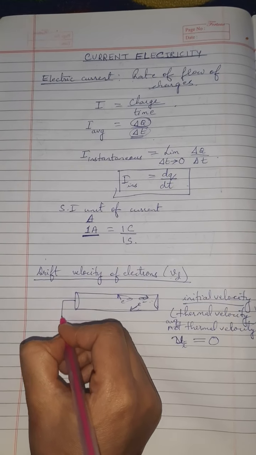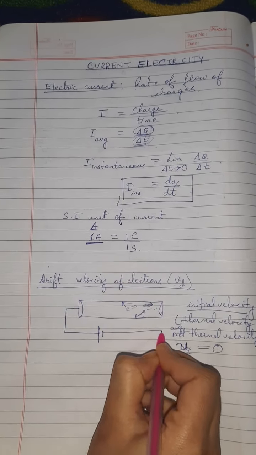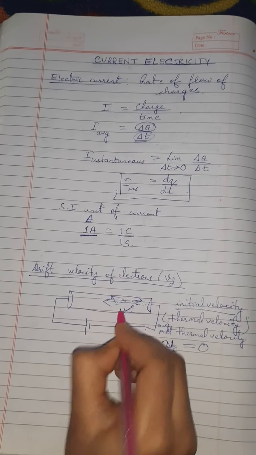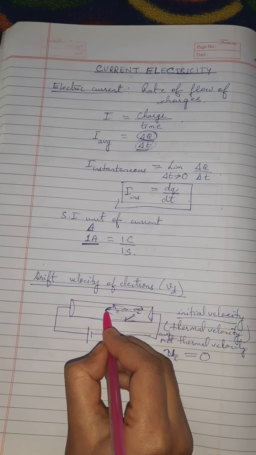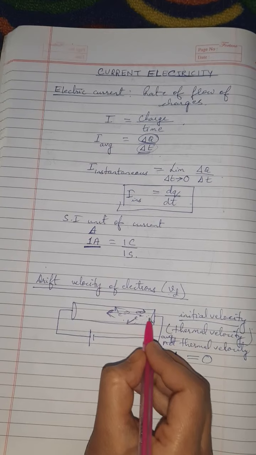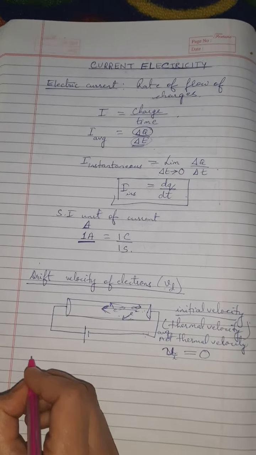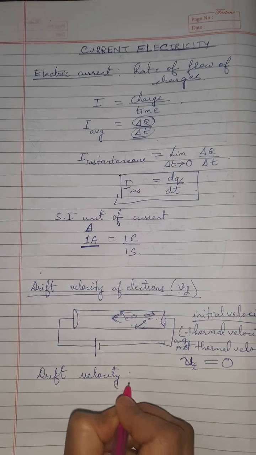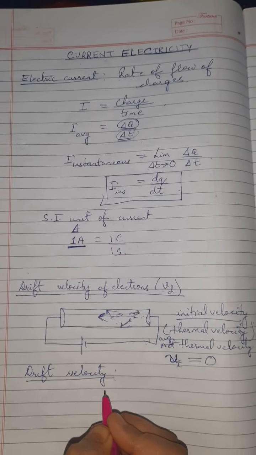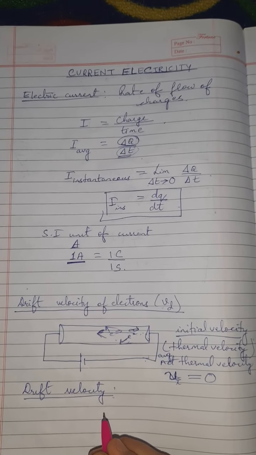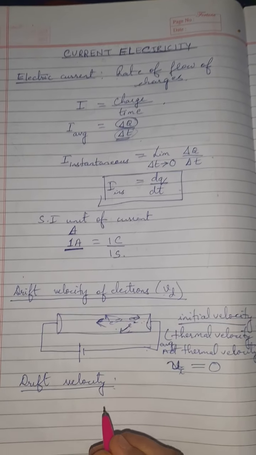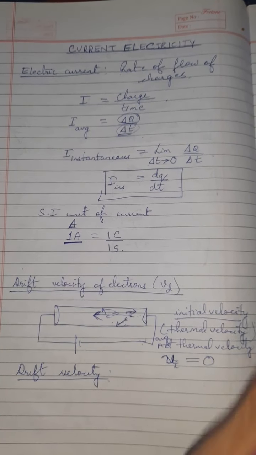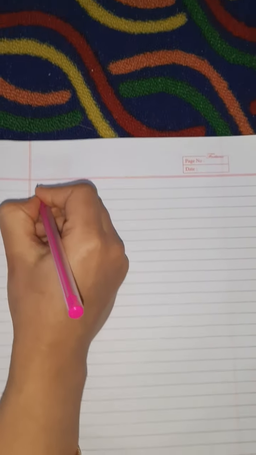Now when you apply a potential difference across the ends of the conductor, the electrons will start moving in a particular direction. That means they will drift with a small value of net velocity from one end of the conductor to the other, and that is known as drift velocity. So to define drift velocity, we can simply say it is the average velocity attained by randomly moving electrons when an external field is applied, which causes the electrons to move in one direction. It is known as drift velocity. Now we will find out an expression for drift velocity.